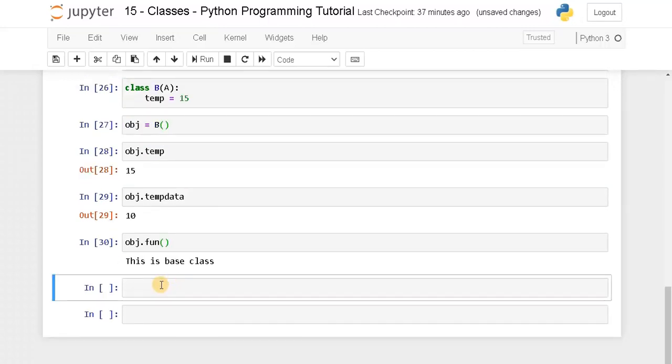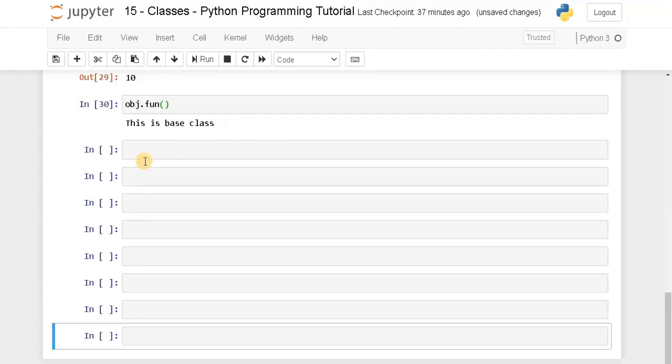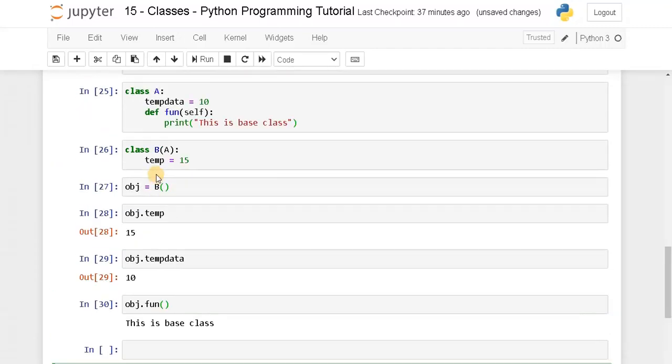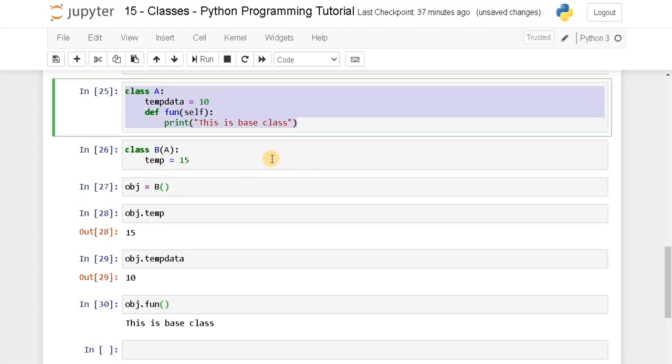Next, we are going to see the concept of overriding. So let's copy the same class again.